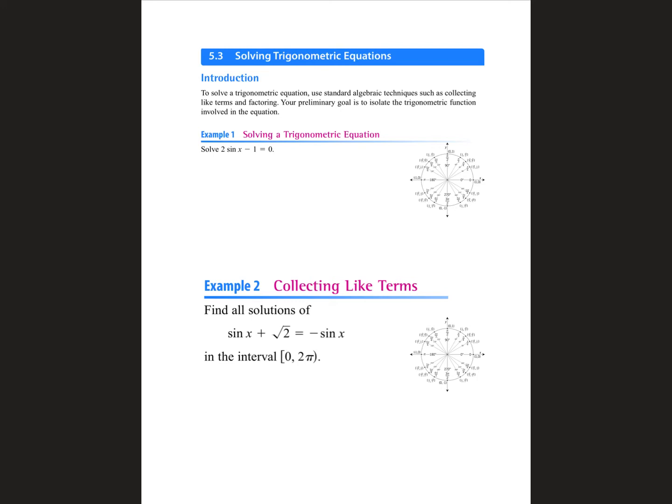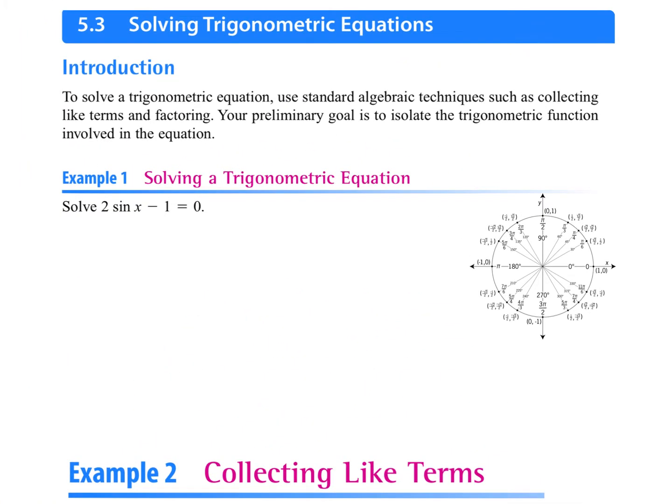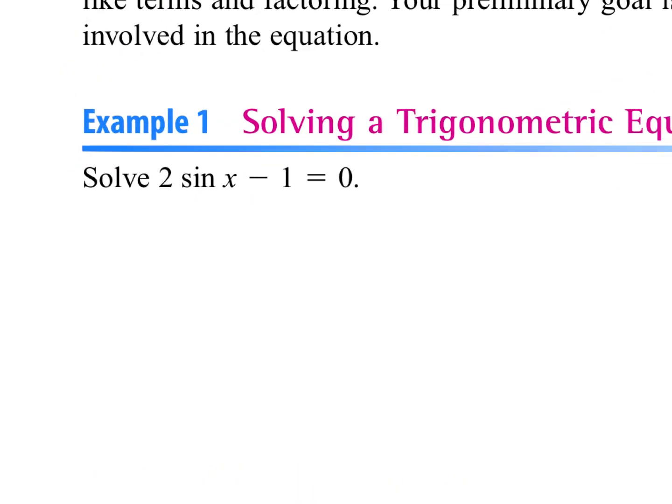So 5.3, we're kind of going in a different direction from 5.1 and 5.2. We're going to be solving trig equations. So we're solving for x, and our goal when solving for x is to isolate the trig function. So we want to get that trig function all by itself. So looking at example 1,